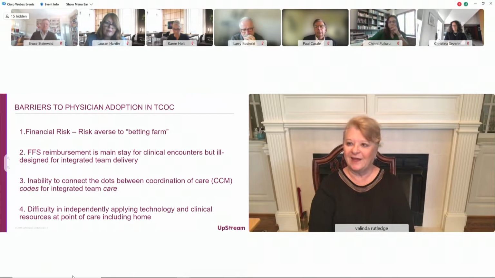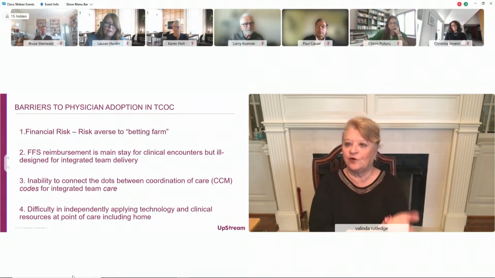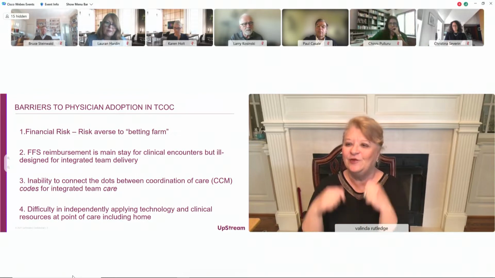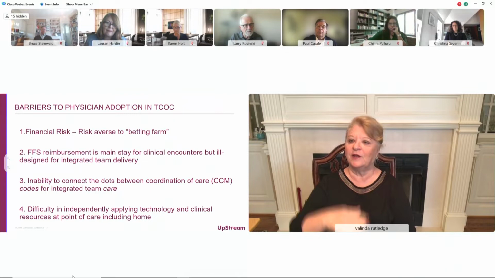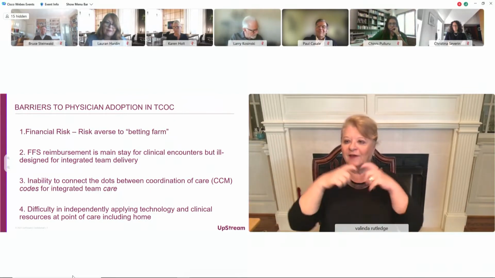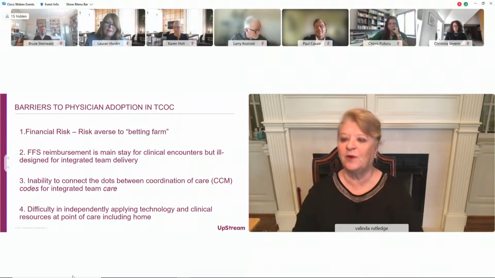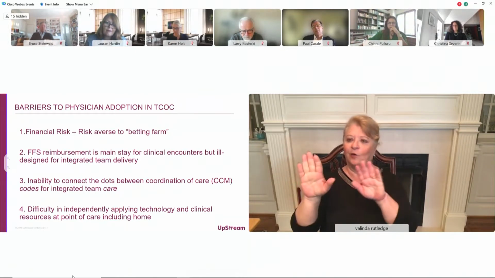And even the advanced ACO models like ACO REACH, how they set up the capitation is they take your fee-for-service codes that you have embedded, that you send no claims code into the MAC to determine what your capitation amount will be for the next year. So we're saying we want to get away from fee-for-service, but fee-for-service becomes the infrastructure of how we build the new model with capitation. This year, I can give you a good example of how suddenly we're doing both things